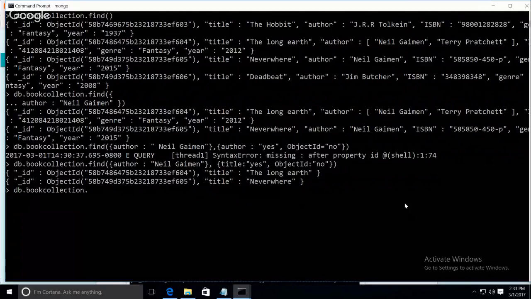So db.bookcollection.find. Don't you love typing things over and over again? So author, colon, Neil. No, that is too bad. Oh, shoot, I gotta get the quotes in there at the beginning. Close that, comma. So in the second set, you're saying what you want to see. So I say I want to see title. Yes, I want to see that, comma,